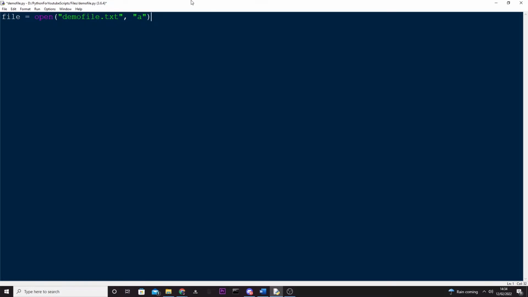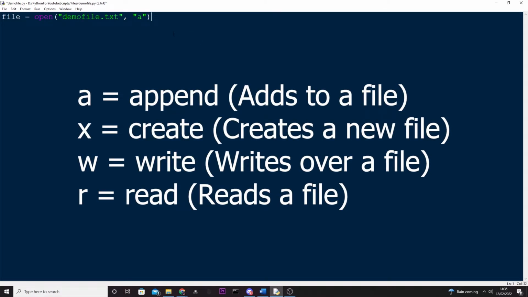So if we say file equals open, and then the file name here, this is the text file, and we have to add .txt because it's a text file. And the A means append, which means it's going to add to the end of the file. If you replace this with a W, it will write over the file, so it will replace everything in the file. So if we say append, next we'll say